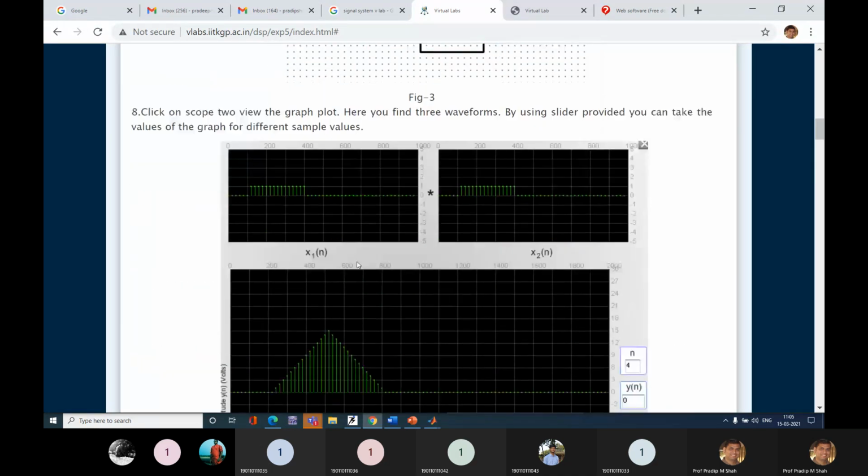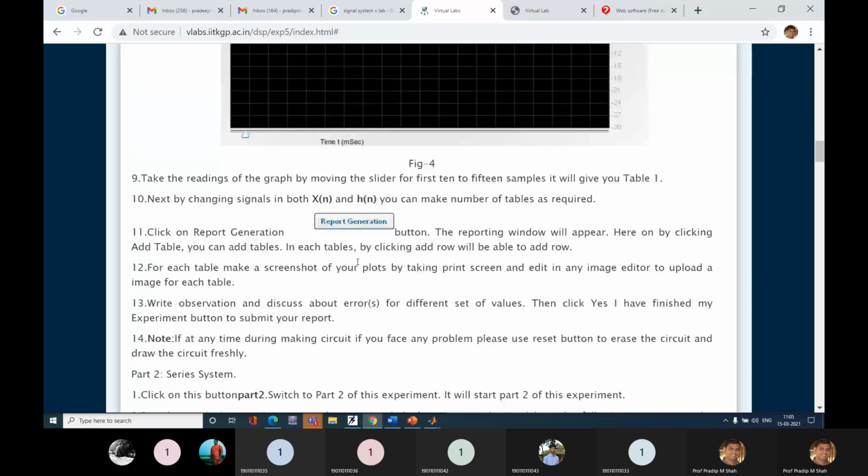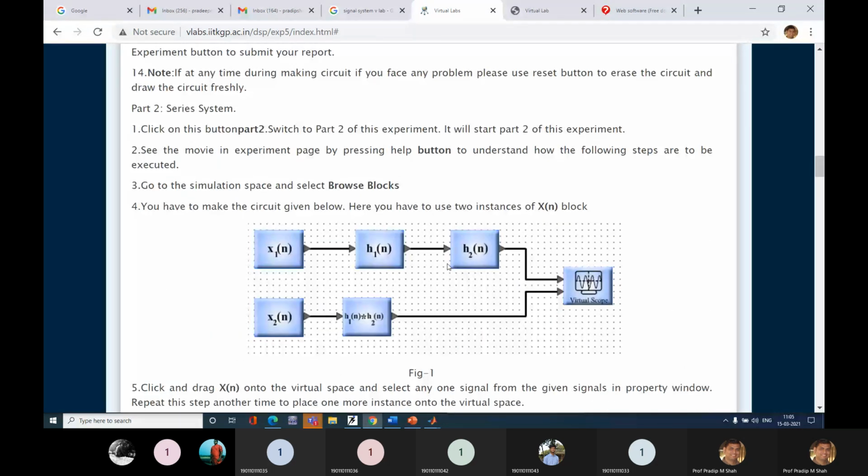So I can reduce two systems to a single system whose overall impulse response is a convolution of the two individual impulse responses. Now I can apply the same rule as in part 1. So what is my output? Anybody tell me what is my output for this case?